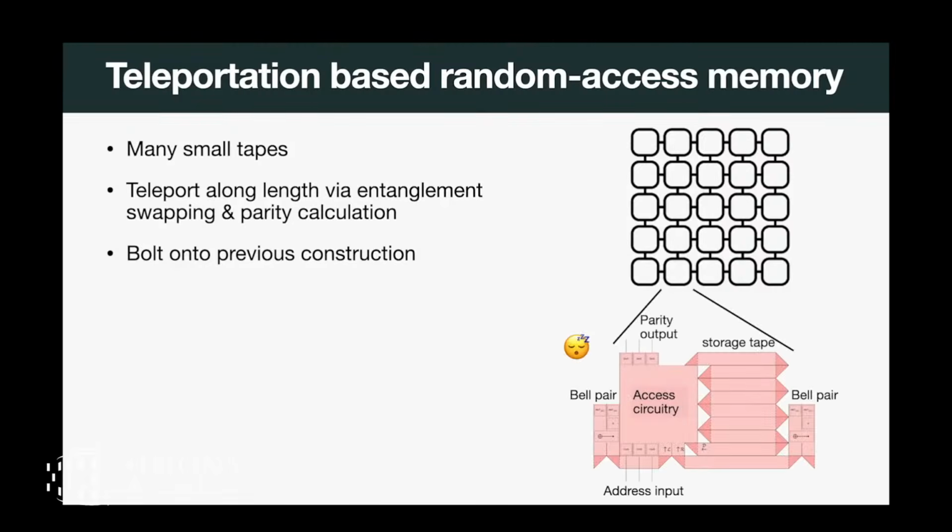What this looks like, with a bunch of details, is that for each of these cells, you're exchanging Bell pairs with your neighbors, you have some small storage tape, and you have some circuitry that decides: should I teleport something off of the storage tape, or should I participate in an entanglement swapping protocol with my neighbors? I can decide this all locally, and then I have to send out the parities via my wires to actually complete the teleportation protocol.